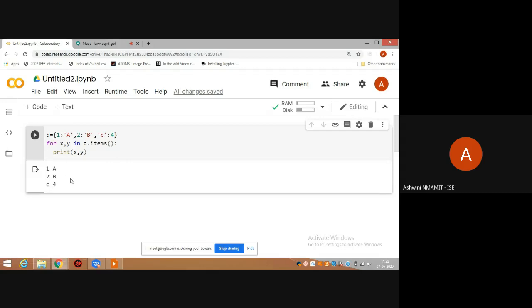So in the previous way you could get a tuple, but now this is not a tuple. It is just a key and the value associated with it. So these are different ways of traversing a dictionary.